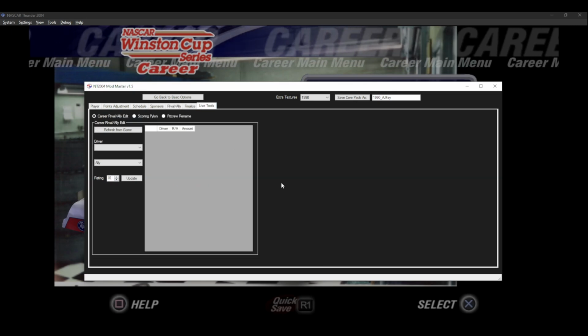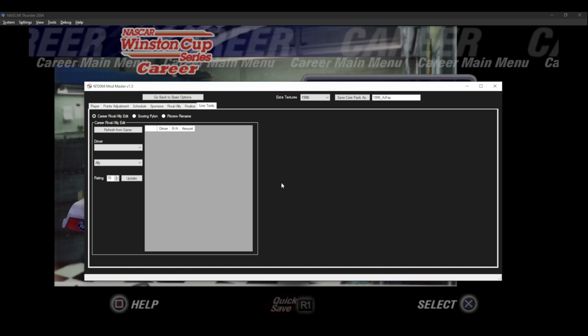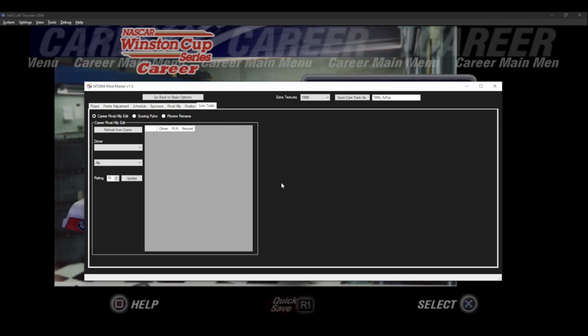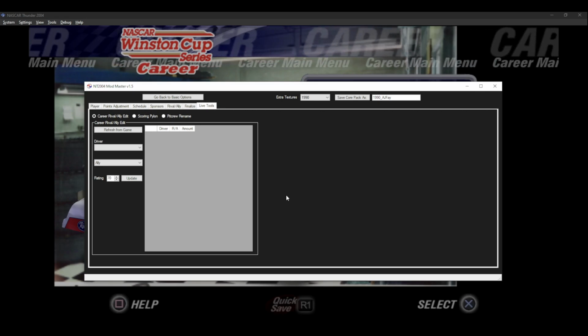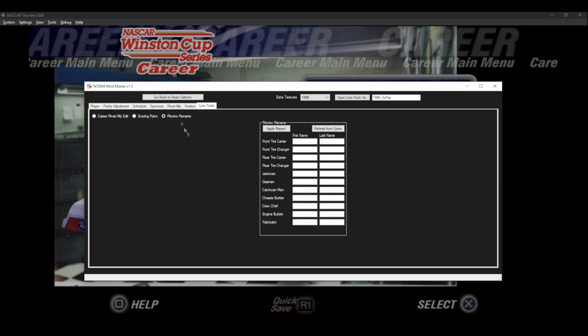The rest of the tools we have that are new are on this Live Tools tab. There's a lot of cool features on this one, and it's going to take a little bit to go through, but I promise it's worth it. As mentioned, you guys already know the pylon's coming up, but I'm going to actually start with the pit crew